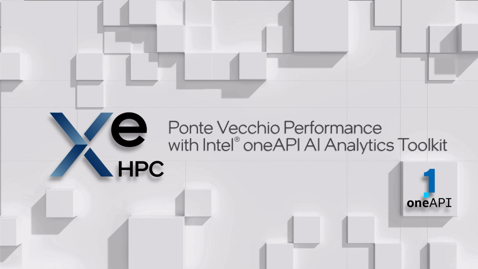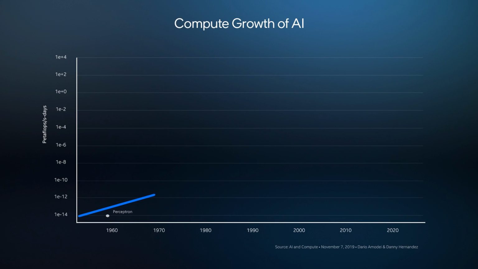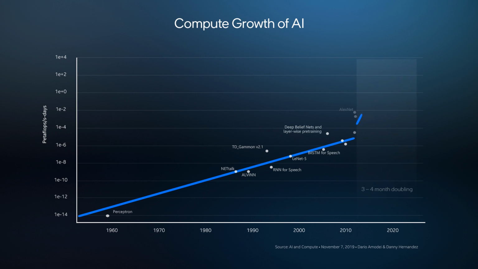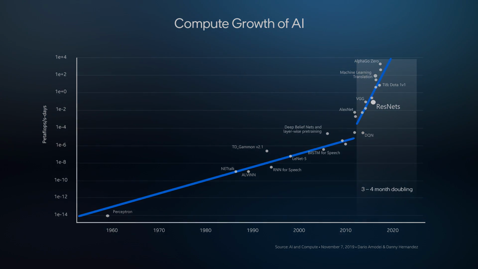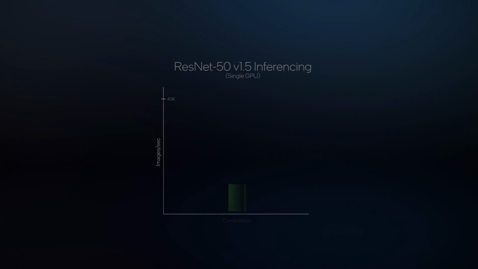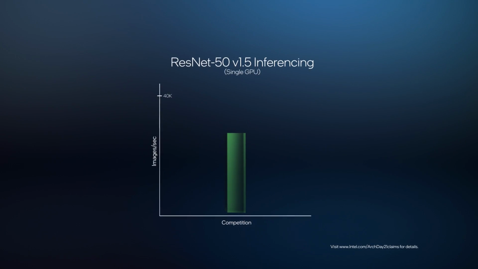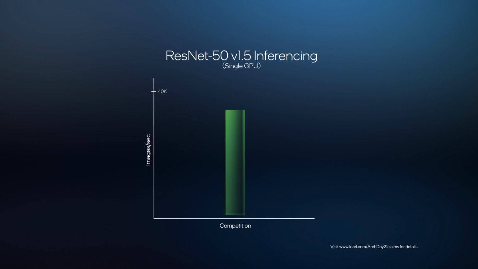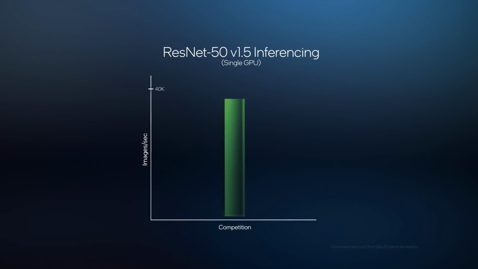It's been exciting over the last 4 to 5 years to see the growth in HPC and AI, and there's no better way to see the excitement than to look at the progression in performance on the image recognition benchmark, ResNet 50. The gold standard has been set with one architecture over the last several years, with record-setting performance. Well, we're pleased to announce a new era with Ponte Vecchio.